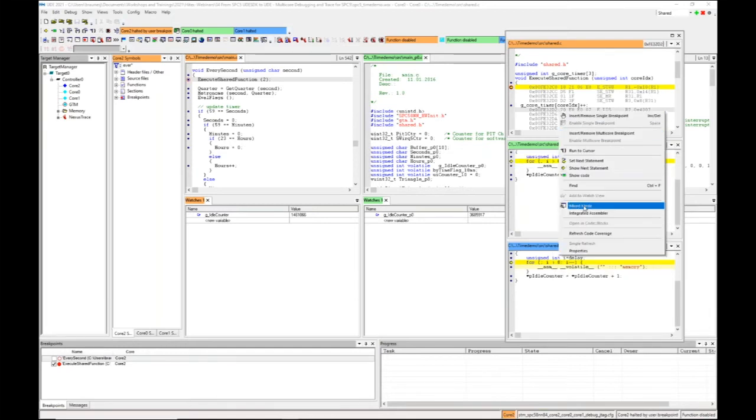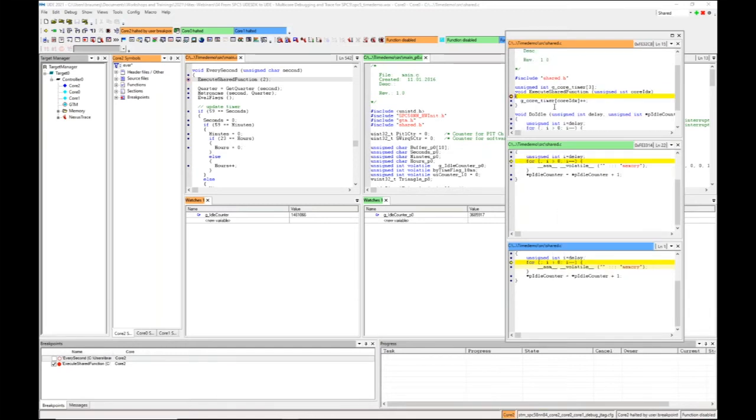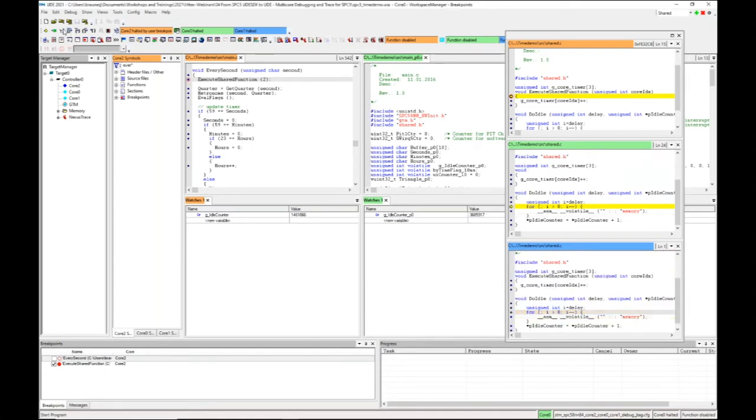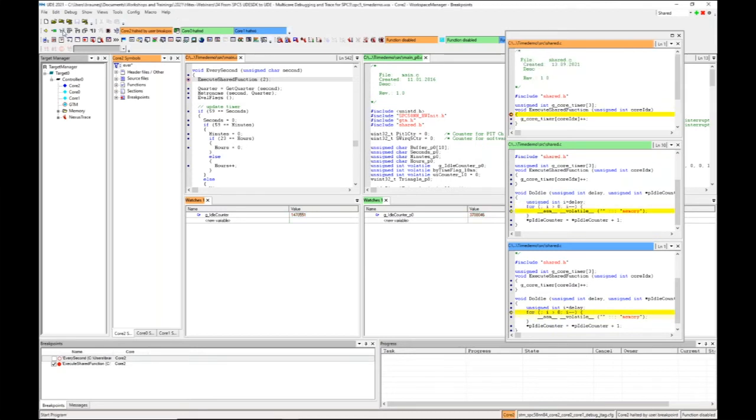And if I set a breakpoint here, then I hit this breakpoint in core 0. But switch back to the high-level language mode, and you see there's no breakpoint here for core 0 and also not for core 1. And if I use this breakpoint, I never hit this code in a core other than core 2. So then the easiest way would be a breakpoint here and a breakpoint here,